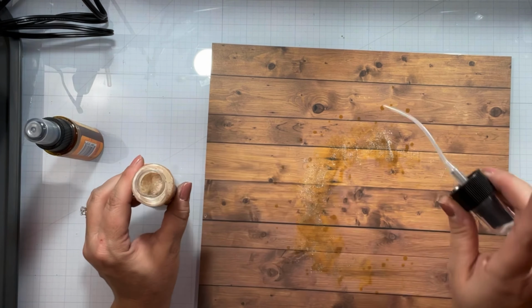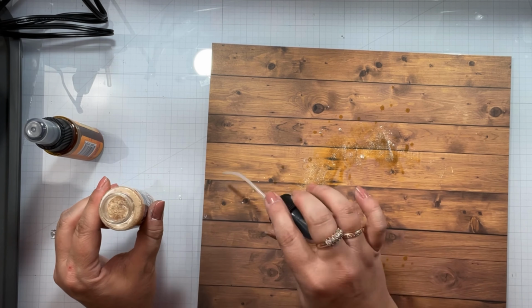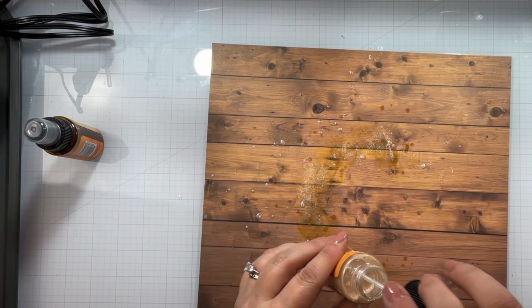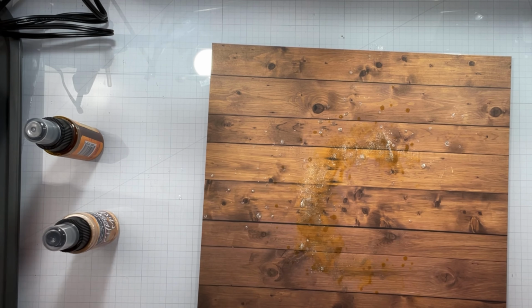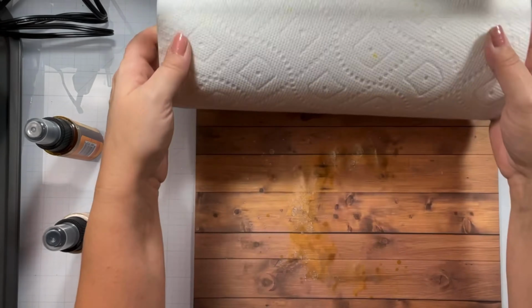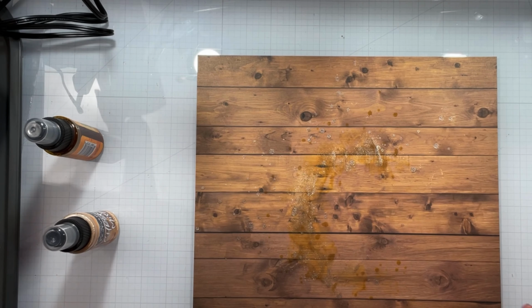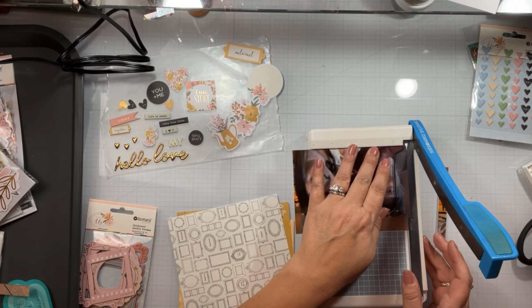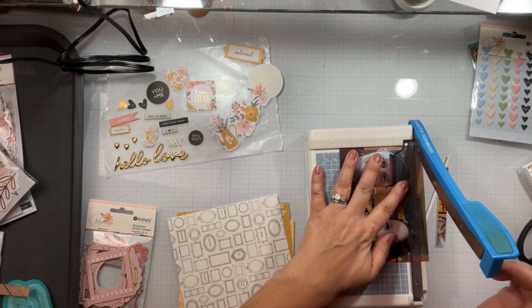And I'm basically giving just a little bit of frame only to the left of my photo. I'm just trying to, you know, make it a little interesting because I love playing with mixed media. Once again, paper towels just to dry that up because I'm impatient. I don't really want to wait for this to dry. So there you go. I'm going to go ahead and trim my photo down so that I can mat it